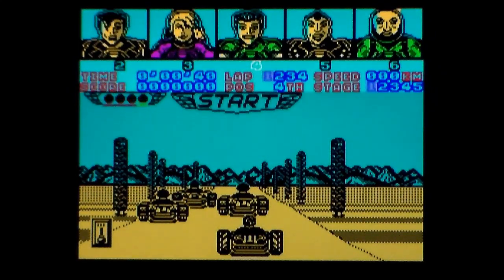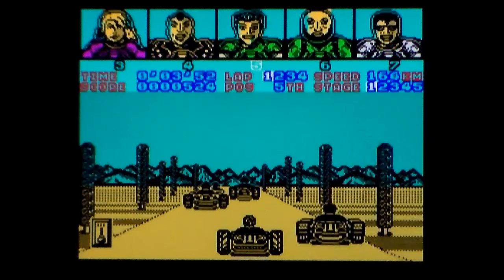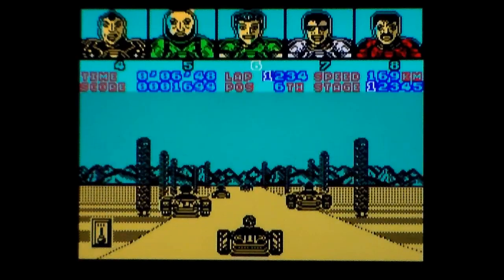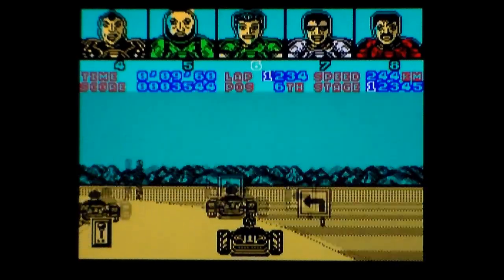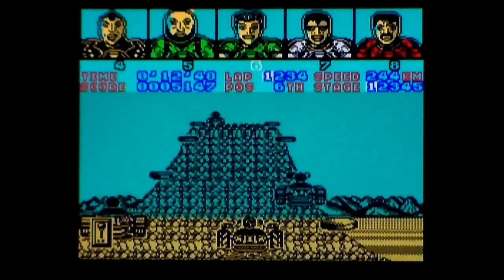Smaller graphics than lots of racers at the time, but you've got to remember there's a lot of stuff going on, particularly with the people at the top of the screen and stuff like that, whether it affects the... Right, I'm in high now. I always forget to do that. Ooh, told you, dune buggies. Yeah, whether they know them at the top of the screen affects the...